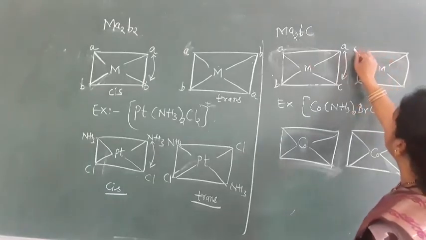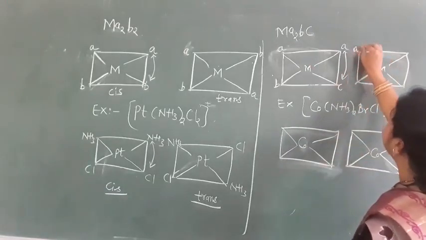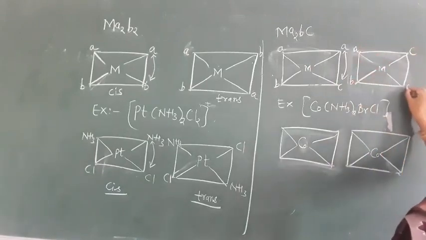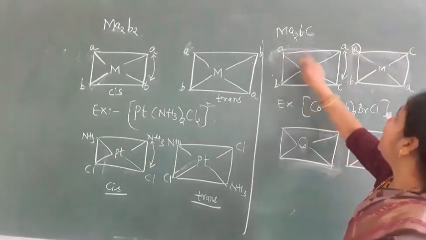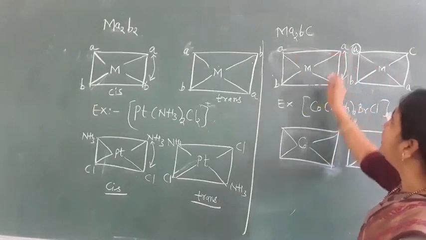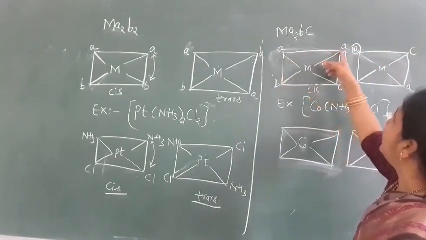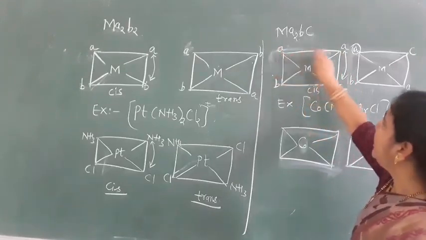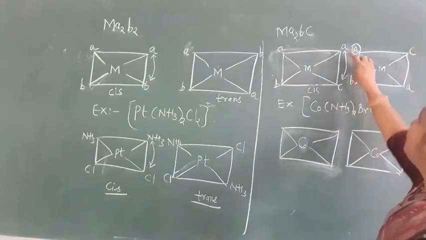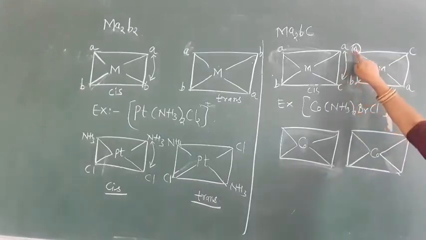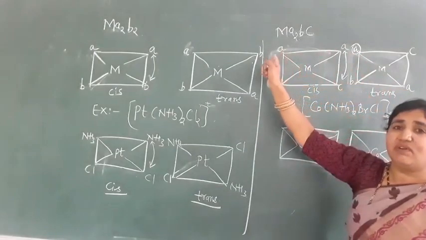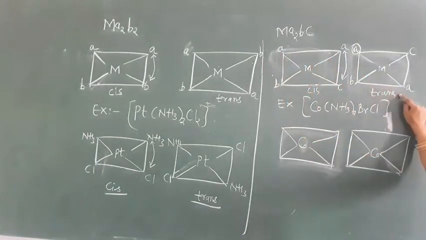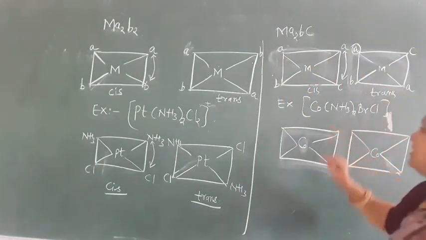So what will we get here? This is A and this B. It does not change, but C and B change here. So this A, make it fixed here. So with respect to AA, this is what? Cis. Two ligands are in adjacent position here. So with respect to AA, this is cis isomer. But when we change the position here, these two AA are in opposite direction here. That means it is what? Trans here. With respect to AA. This is cis and this is trans here.